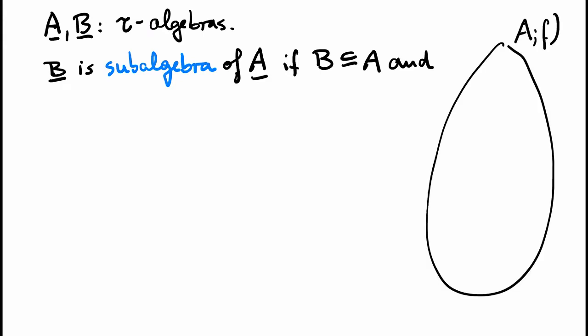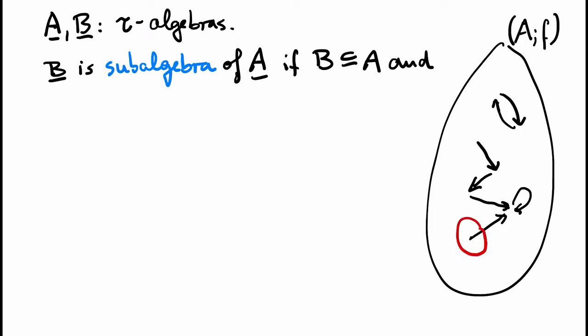Let's have a look at an example of an algebra with a single unary operation f, which can be nicely drawn. The red subset of A in my picture is not a good candidate for a subalgebra of A, because B should become an algebra, where the function symbol f denotes an operation that is defined everywhere and does not map elements to elements outside the set B. The blue set, on the other hand, is closed under applications of f. So we can define an algebra on the blue set such that the function f on this set B acts in the same way as the function f of A acts on the blue set.